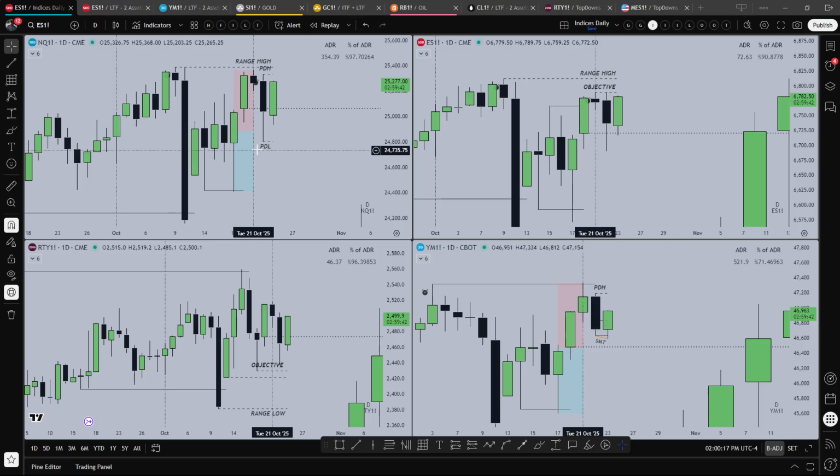NQ, ES. If I remove this, if I remove this,